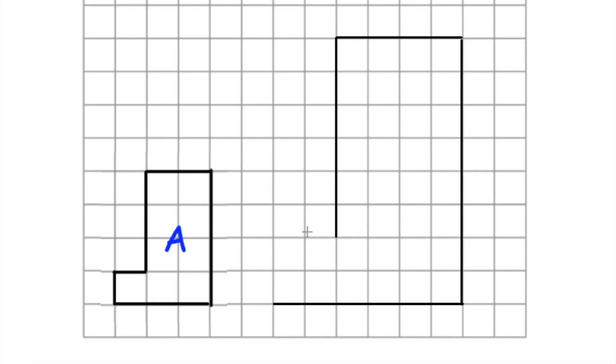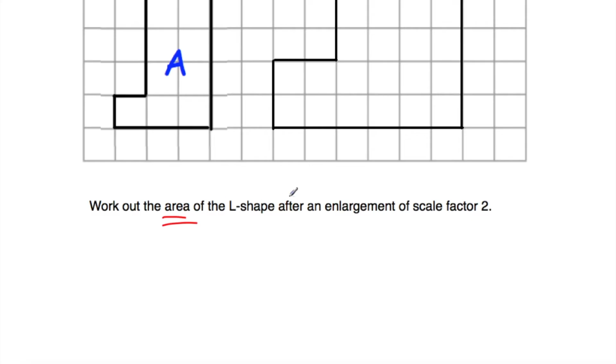Then it was 1 across, so we're going to double that. That's going to be 2 across. And finally, it was 1 down. It's now going to be, if we double that, 2 down. And that's it. So we've enlarged A by scale factor 2. And that's our enlargement. And the question asks us to work out the area of the L shape after enlargement